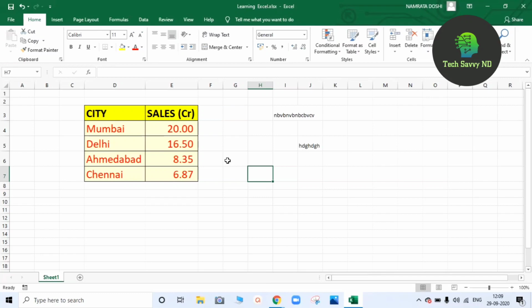You can keep a password for both options, that is to open and to modify, so you can double secure your Excel file. If you use the second method, you will not be able to remove your password like in the first method. I will suggest you always create a backup file, so that if you forget your password, you can retrieve your data easily. If you forget your password, you will never be able to recover it, so save this password in a safe document or keep it simple so you can remember it. So this way you can set your password in an Excel file.